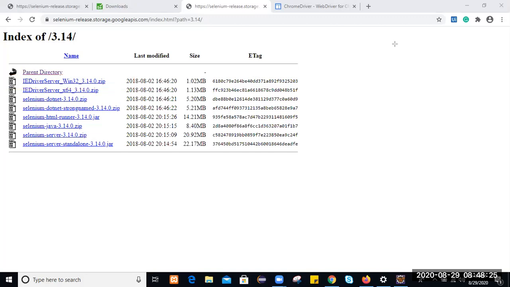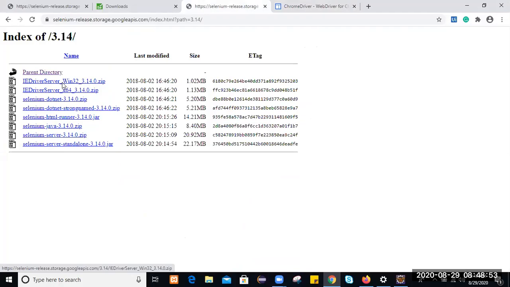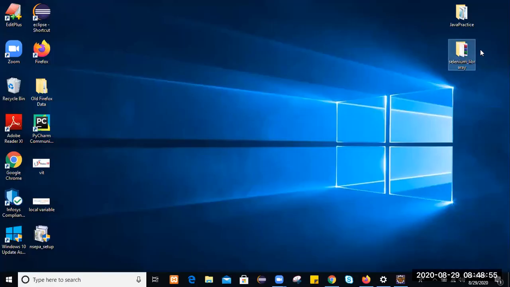And for Chrome driver, the version of Chrome we are using is 84 point something. For that we will use this stable one, chromedriver.exe. And for geckodriver we have already installed it. The moment you click on that, it will start downloading. Here also, the moment you click on that, it will start downloading. Once you download it, I have already downloaded it at this location. Just let me go to the location where I downloaded it.